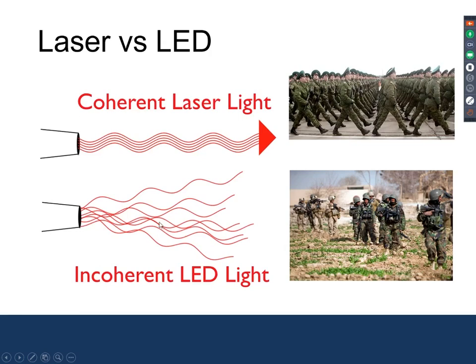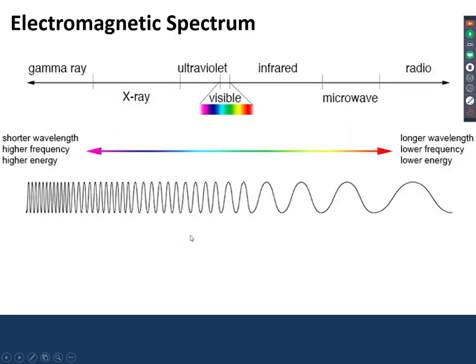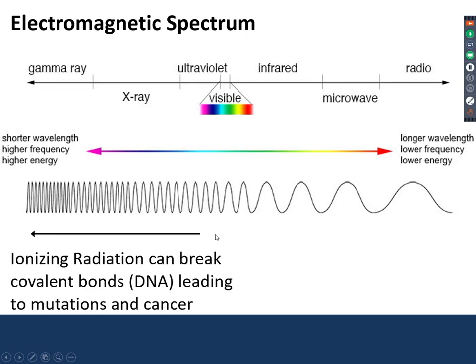So really the major difference between LEDs and lasers is that lasers are coherent beams, and you can make them very powerful. They're all one specific wavelength, whereas LEDs are incoherent light. They tend to be a narrow band of light, in a range of nanometers, coming out incoherently and with less power. When we talk about the electromagnetic spectrum with respect to laser therapy, it's important to understand that anything